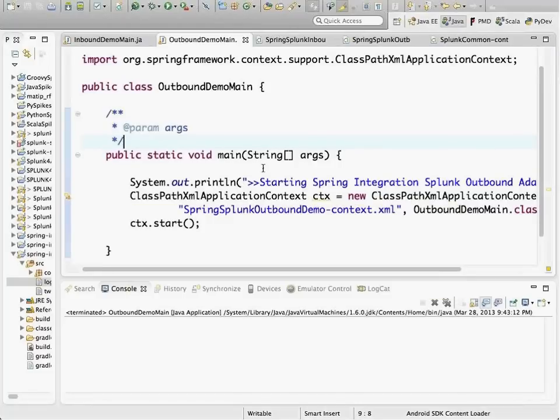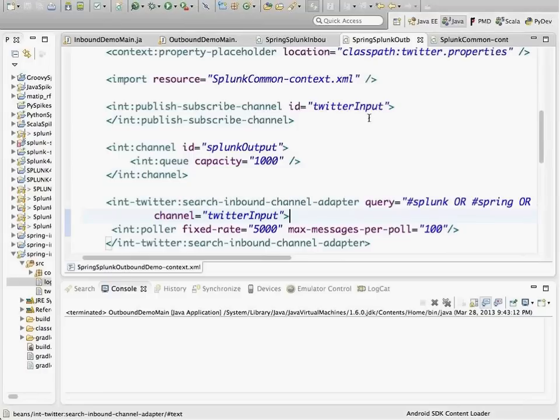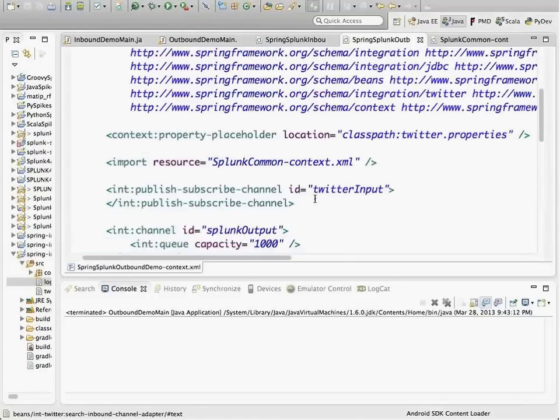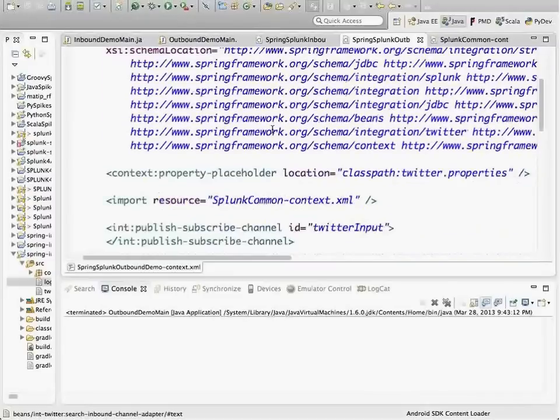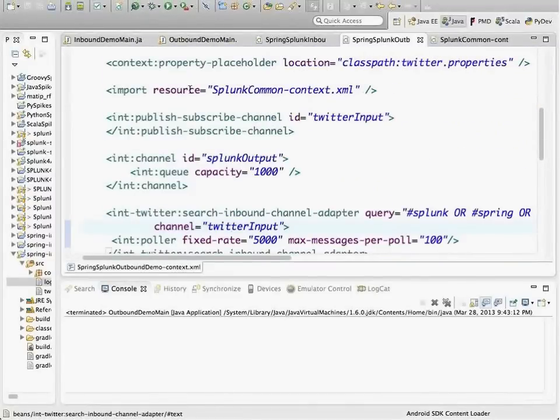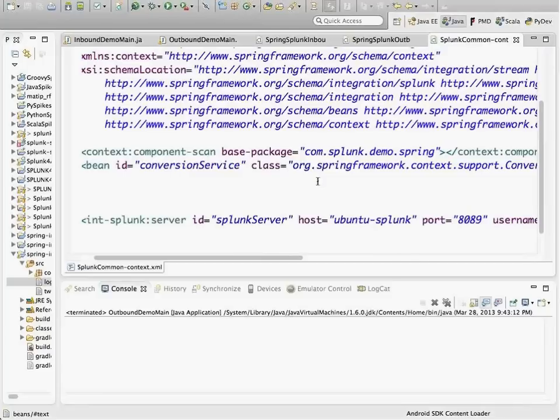To see what's actually going on, we need to have a look at the XML config file. You've got the standard header data for pulling in the various Spring schemas, so we'll just skip over that. The first thing is we're pulling in an include file, which has the bean for connecting to the Splunk server. We can have a look at that file here.